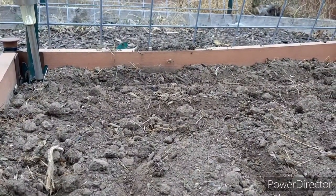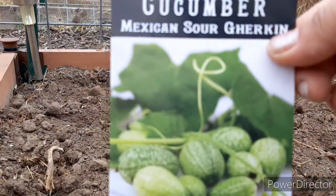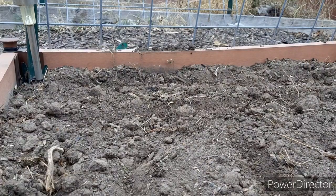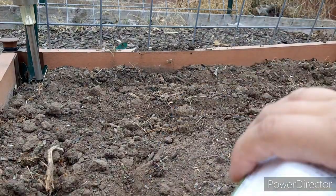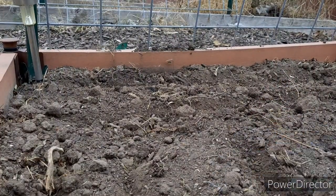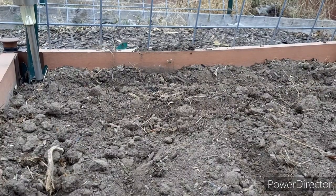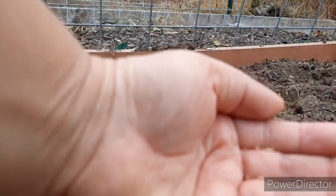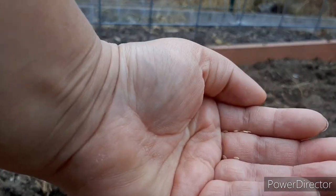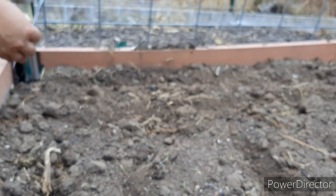In this set of seeds right here, there are 25. They are small. It's a super windy day. I didn't choose such a proper day. I should have done this on a little tissue paper. Let's see if we can see it. You get a lot of shadows here. Do you see the seed there? That's the seed right in between my fingers. We will put